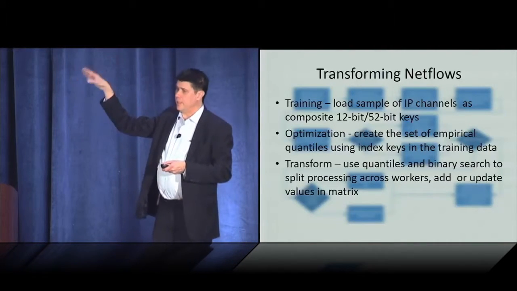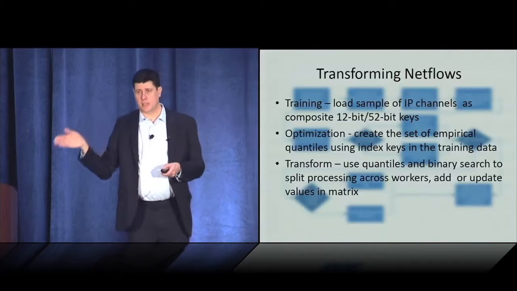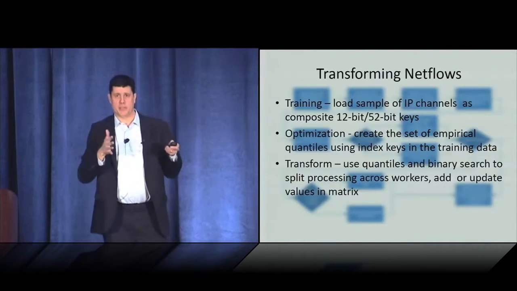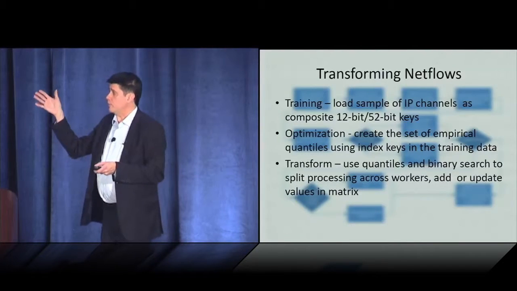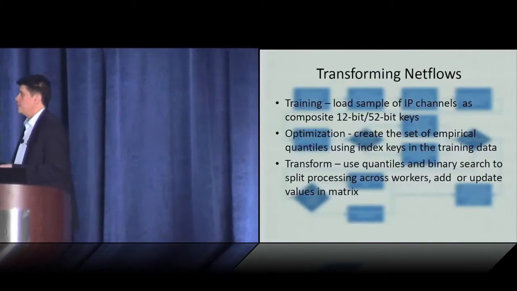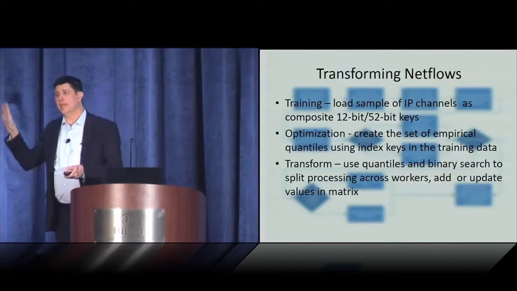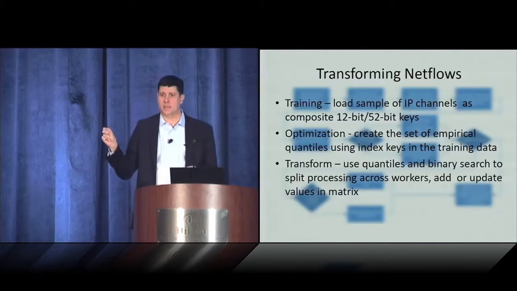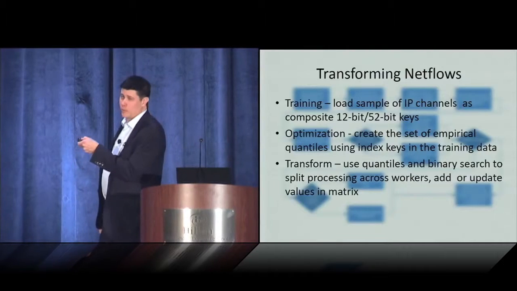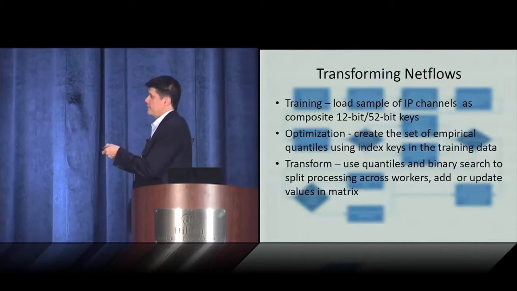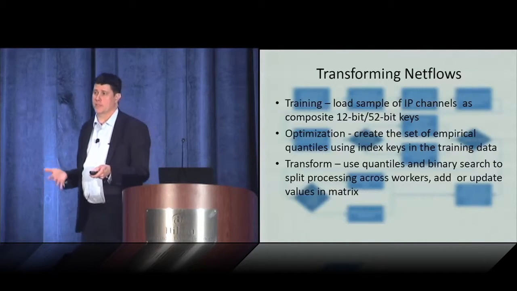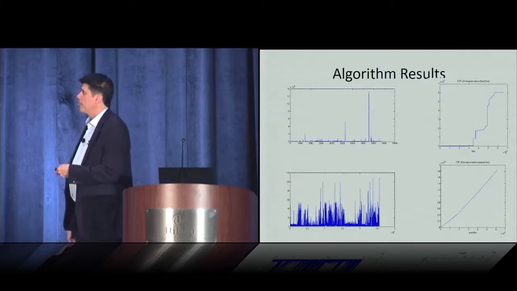If all the work goes to one node, then what was the point of the other 15, right? So what this does is it takes the IP address and partitions the address space, which is very awkward in the IP world because it's not even at all. And it puts it into something that can then be divided evenly. This was a very important piece, and my conventional wisdom is if it takes 2 pages of tiny text to explain something, it's probably a patent. So I will not spend the time to explain that entire thing, but basically we create even buckets for all the IP information so that we can process it evenly.